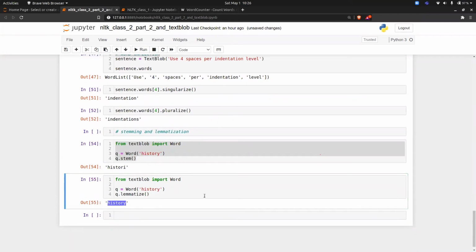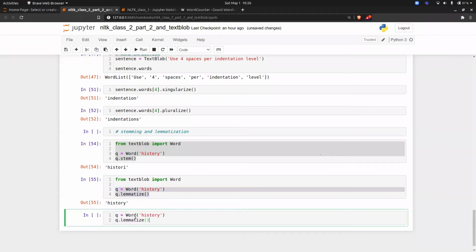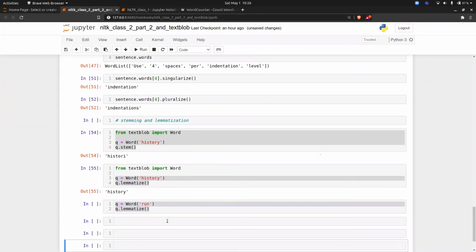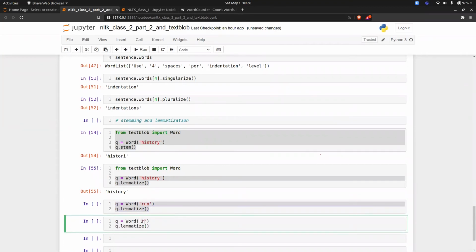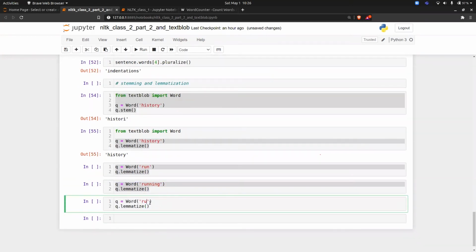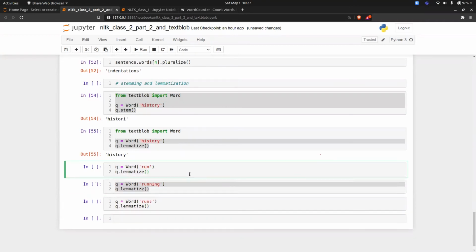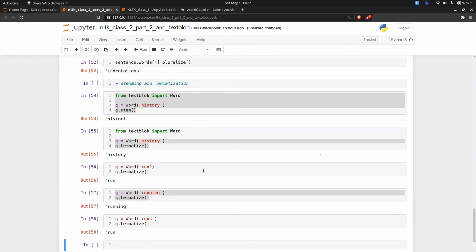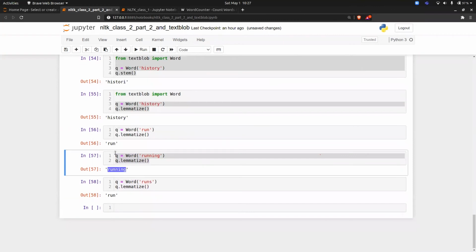Suppose if I am doing running here, run this, run this, run this. So see, I'm getting running here, but run and run here. So I have to specify something, and what is that?